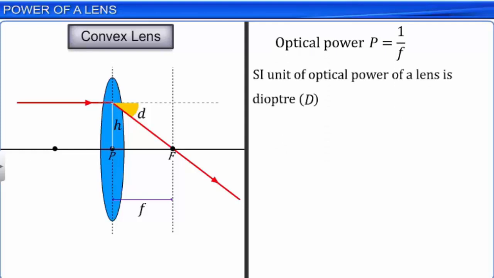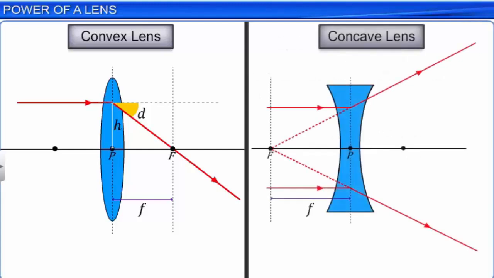Power of a lens can be positive or negative. As per the Cartesian sign conventions, focal length of a convex lens is positive and that of a concave lens is negative. Hence, the power of a lens is positive for a converging lens and negative for a diverging lens. Note that the focal length and hence the optical power of a lens depends on the medium in which the